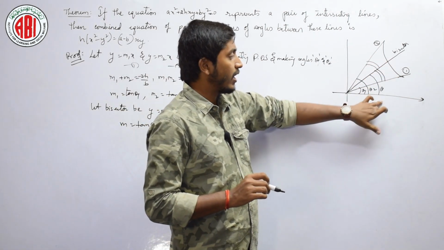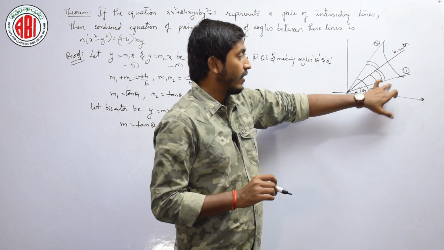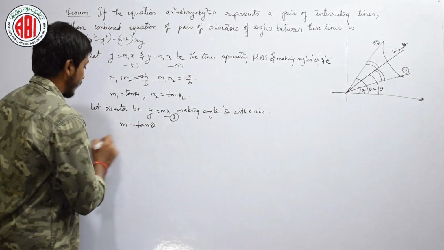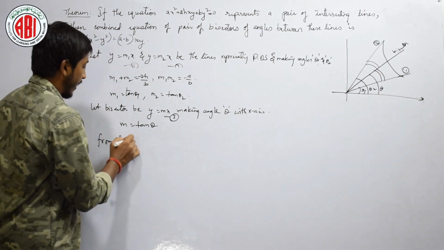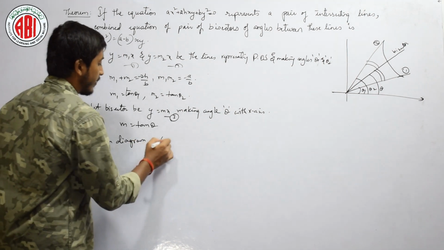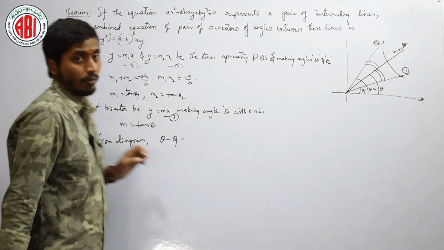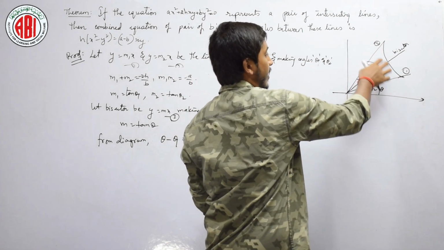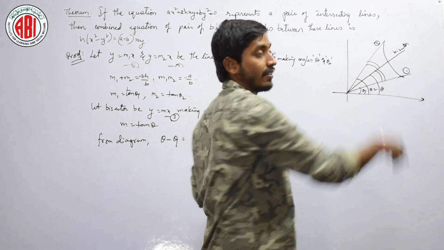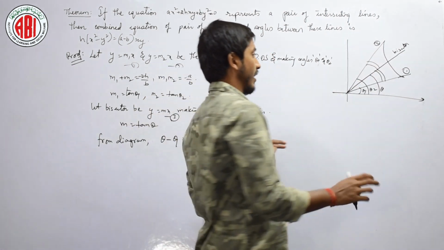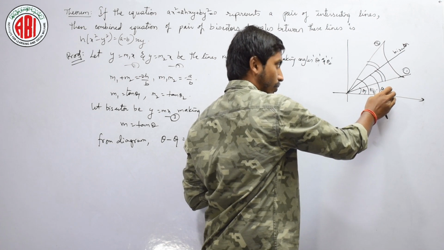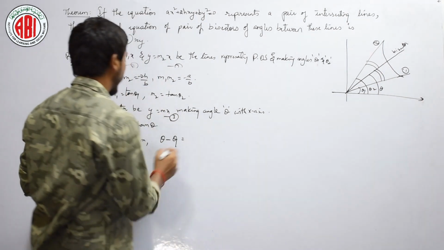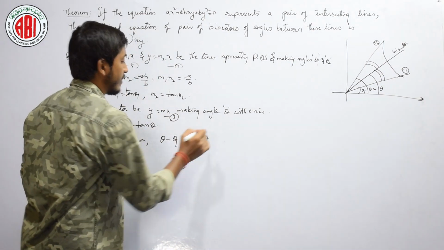The whole angle from here to here is theta, and if I subtract this, I will get this, right. Therefore, I can write it, from the diagram, theta minus theta 1 is equal to, now see here, this whole thing is theta, and how much is this? Are you able to understand? Once again let me tell, this whole thing is theta 2 and this part is theta. If I subtract, I will get this, right. That is nothing but theta 2 minus theta.